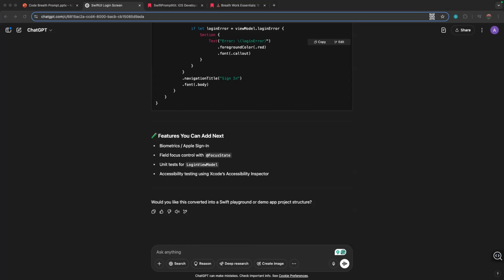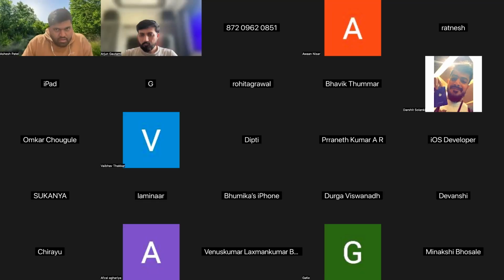For the tool, which tool is better, Cursor, Windsurf, or Alex Sidebar? Mainly, I have used Alex Sidebar so far. So I will say Alex Sidebar because it directly integrates with our Xcode, and whenever it generates the code, we can apply it to our Xcode project directly from there.